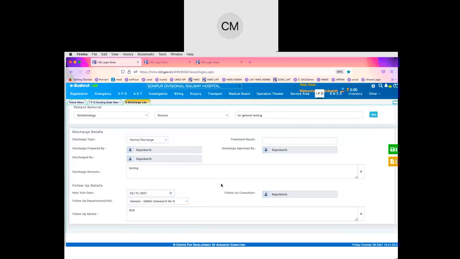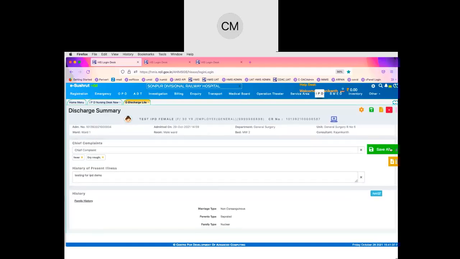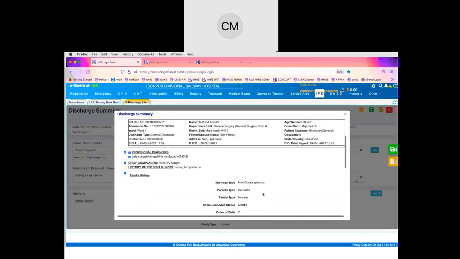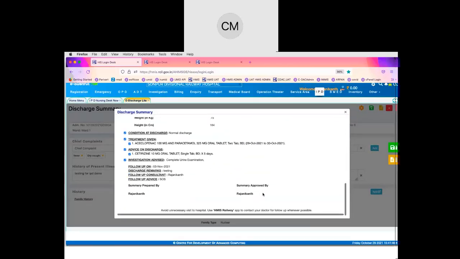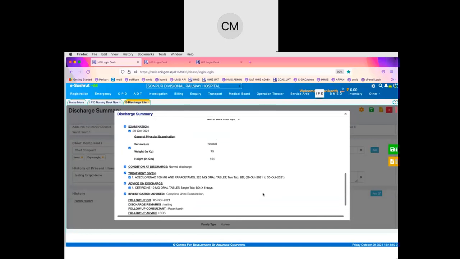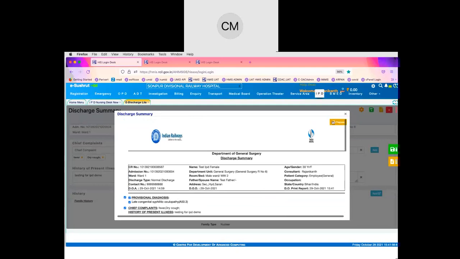Now a draft discharge summary is getting generated. It can be saved by the nurse. Here we have a save icon, so we can save it. All this information is still in draft mode. So it can be updated any number of times before it is finally prepared and generated for the patient. Before discharge is effected, all this information can be updated.